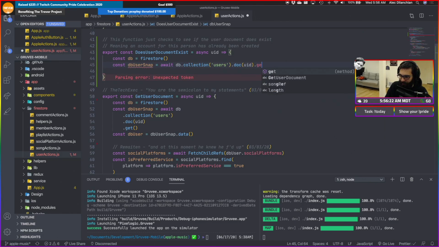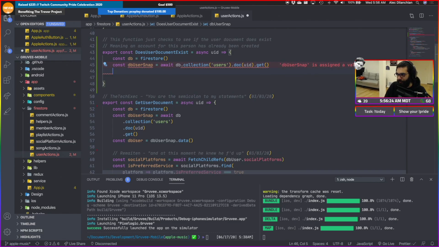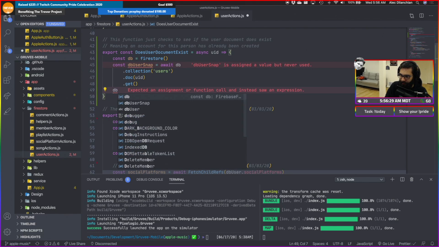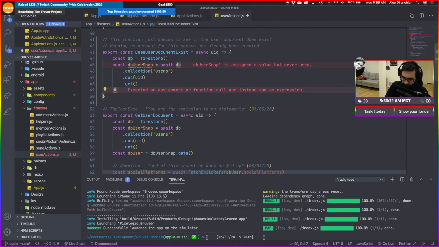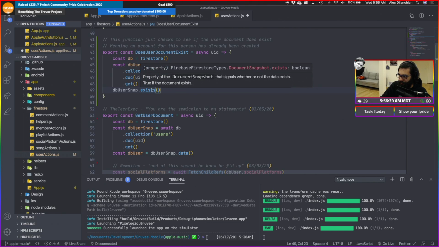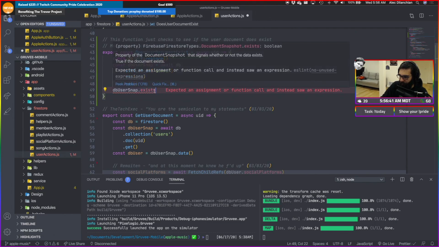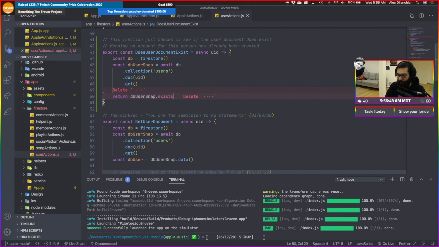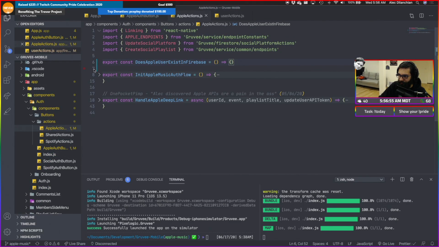We do .get at that point, and then we say db user snap dot exists, and this is just a property. Okay, cool. And so if the data exists, this is what we're going to return. That's it. So now we can do does user document exist, and call that thing in our Apple actions here.